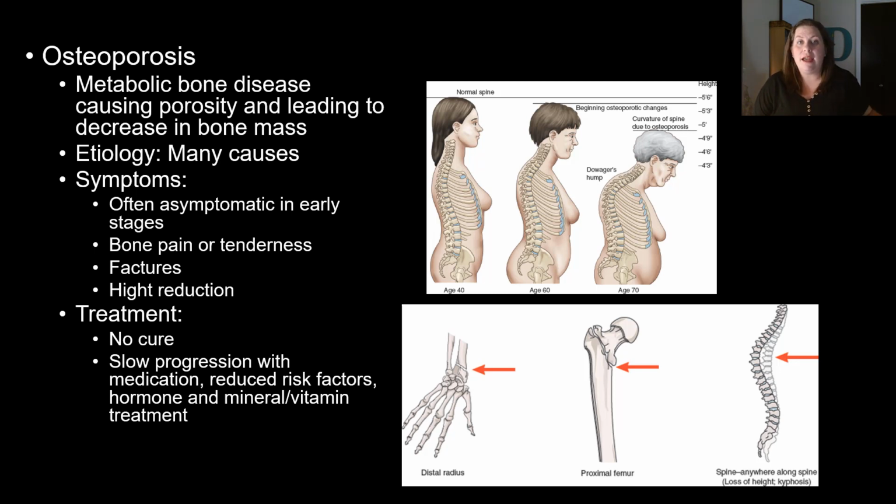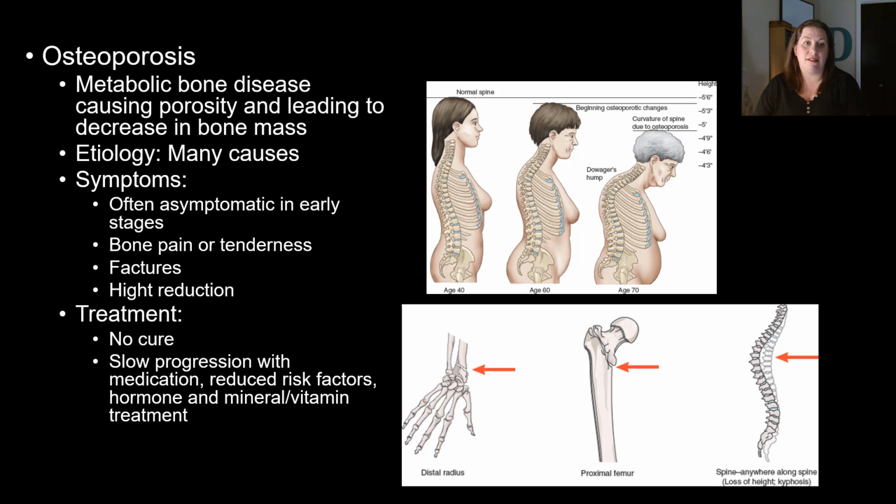However, a lot of times it is diagnosed due to a fracture. They fall, and where in the past the bones were strong enough to withstand that fall, that force, now they don't, because the bones are weak. And so a break takes place, and when they do an x-ray, they notice that the structures of the bones have been altered. They're more porous. And so fractures are normally the main thing that helps us diagnose this,